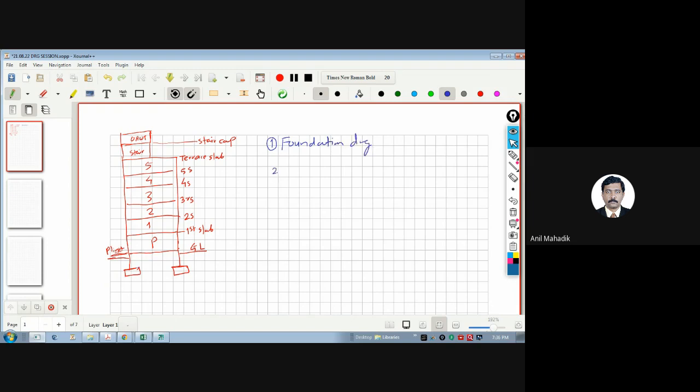Then the second one, column drawing. Don't forget, because on the foundation there are columns. We start the columns from the footing itself. So the column drawing is second. Then the third one,